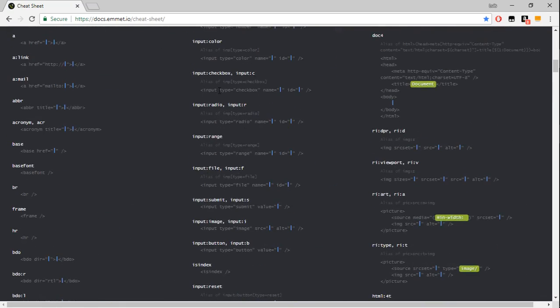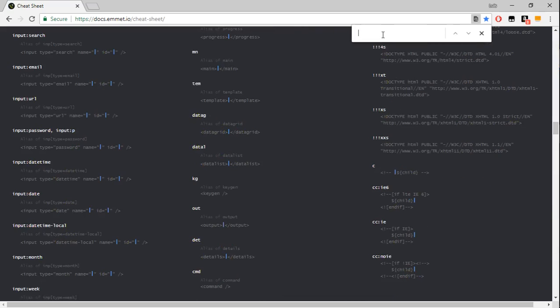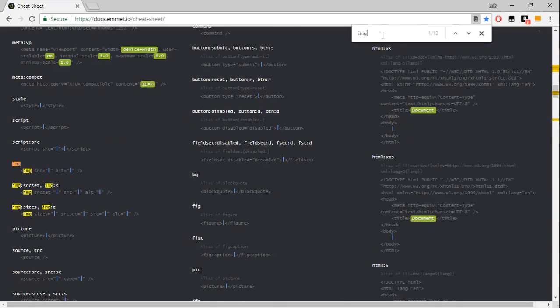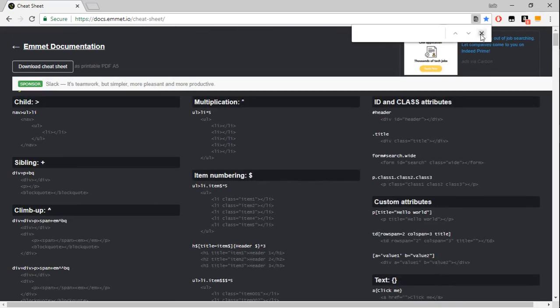You just press Control F, and just look for this. How you put image, image size. It's very helpful. I hope this small tutorial on Emmet